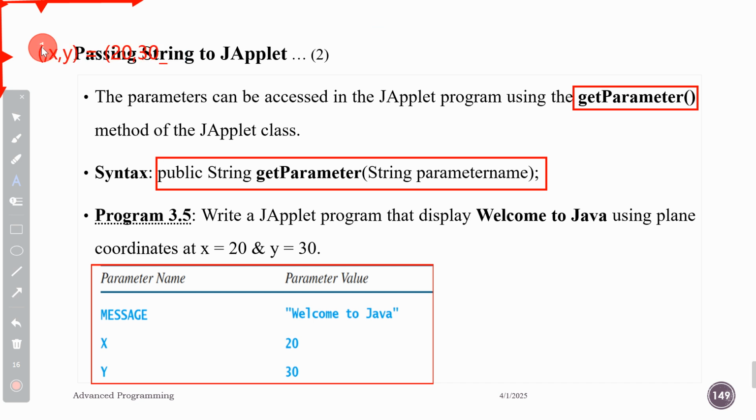So the message "Welcome to Java" is going to be displayed at this point, counting the x value and y value. This is the way you write a program by passing a string to